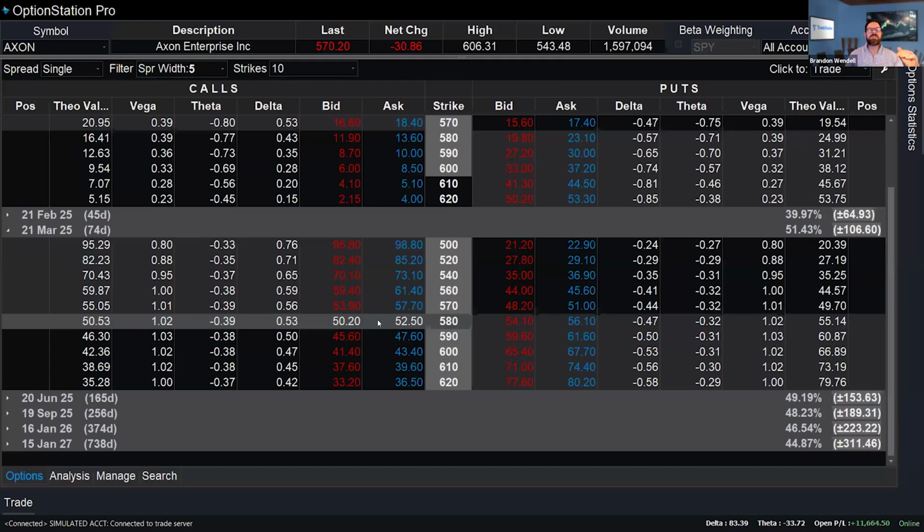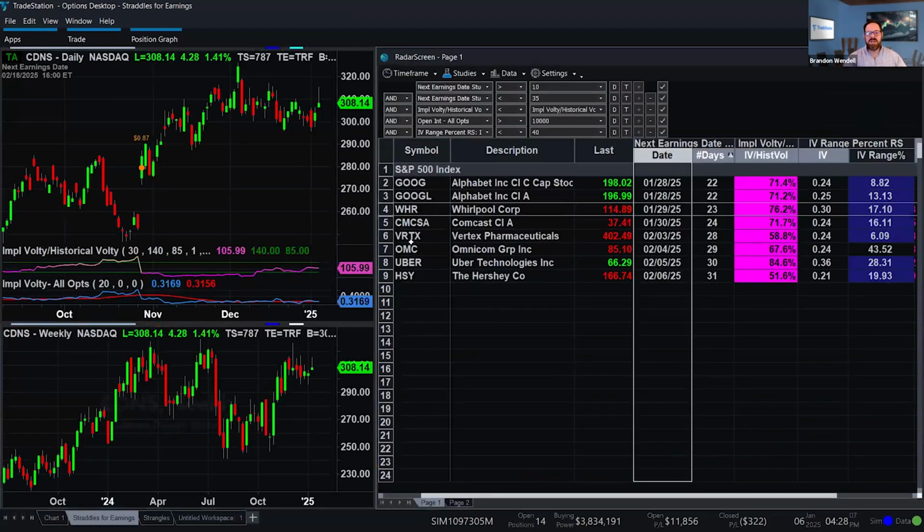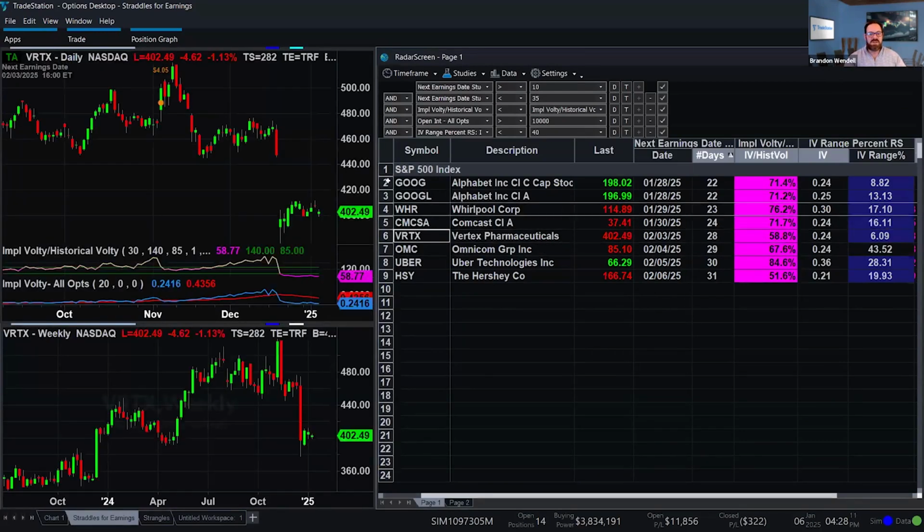We want to make sure that we have relatively low volatility. That way, if the Vega is not necessarily where I'm trying to make my money, because when the earnings come out, the volatility will likely come right back. I want to make sure I don't overpay on volatility, because if it drops below where I entered, that's cutting into my profits from the price movement, the delta, right? So it's very crucial that when I'm planning this out, for instance, if I go back to my Straddles for earnings and I start looking at Veritex, okay, we got 28 days until the earnings announcement, right?